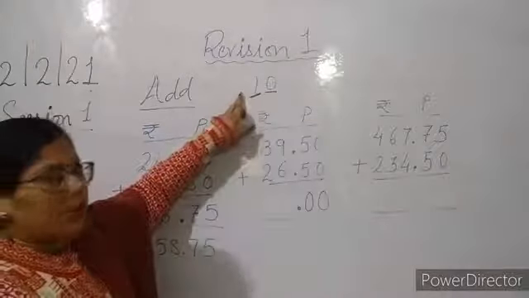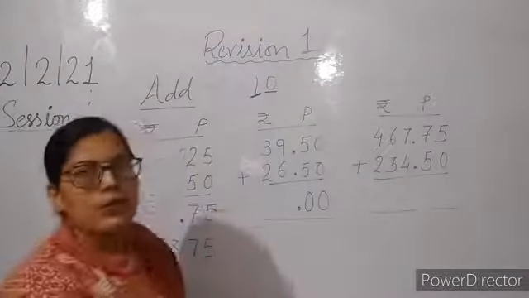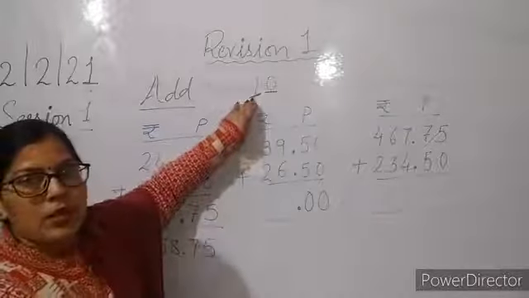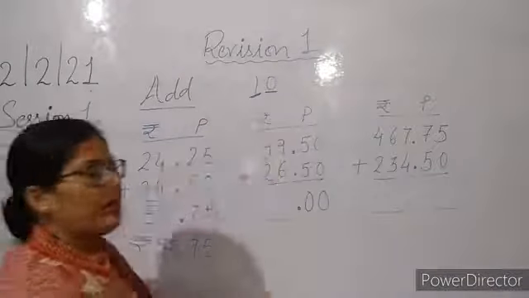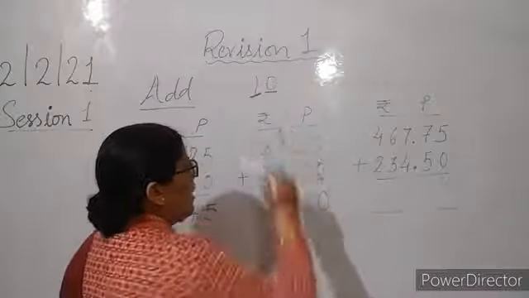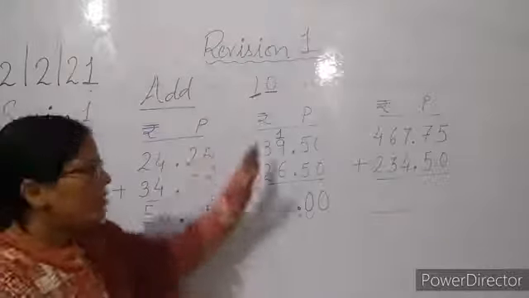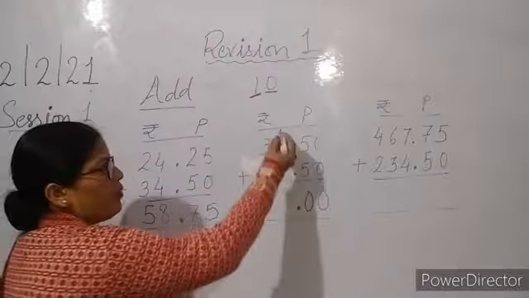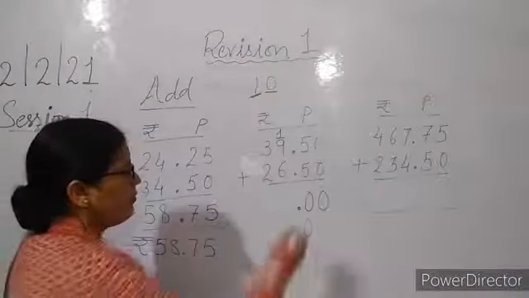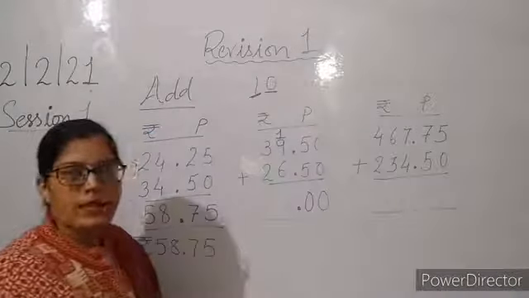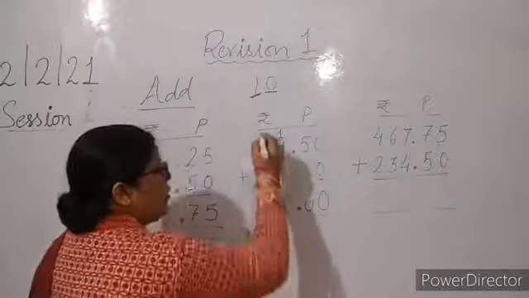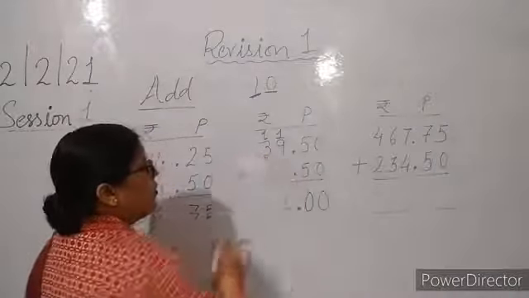This 1 will get converted into rupees. It is at the hundreds place. In the paise amount it is at the third place, the hundreds place. So it will get converted into rupee 1, because 1 rupee is equal to 100 paise. So we'll carry this 1 to the rupees amount at its first place. Now we'll add this carried over number with the first place given here. 9 plus 6 plus 1. So 9 plus 6 is 15. 15 plus 1 is 16. So write 6 here and carry over 1 to the next place.